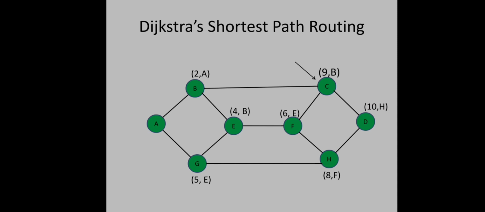So this algorithm terminates in two different cases. First one, when all the nodes became permanent, just like our example. That means we have found the shortest path from the source node to every other node. The second case is when the remaining tentative nodes are all labeled with infinity. So we don't have a candidate for a current working node. That means we are reaching a dead end. So in such a case also we have to terminate the algorithm.